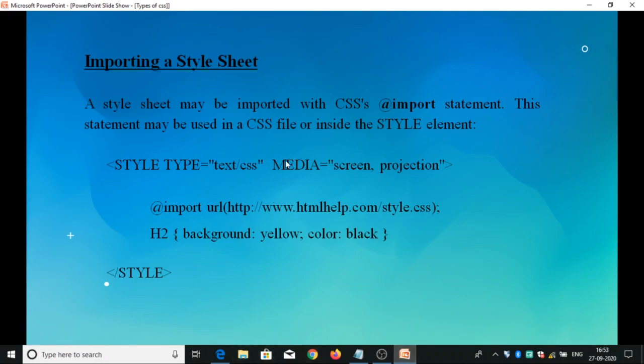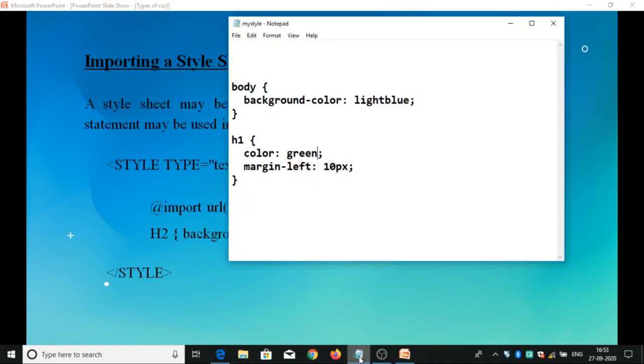Style type equals to CSS or text, media equals to screen or projection. @import, I have taken URL and h2 with background color yellow, color black. Style sheets may be imported with the @import statement. Let's see the example for this.